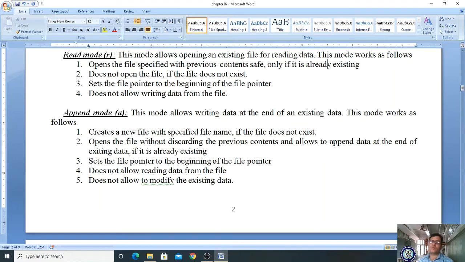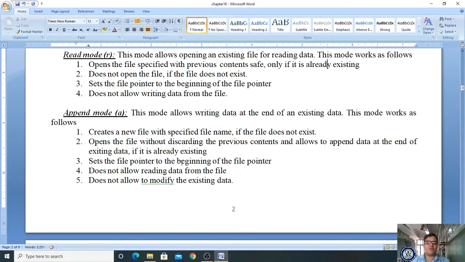How does this mode work for us? For example, when you write your notes today, you will write some information. Whenever you continue the information, where will you start? At the end of that line, or at the end of where the word ends, right? From there onwards you continue, right? It is just like adding. Appending means you are adding, you are inserting.